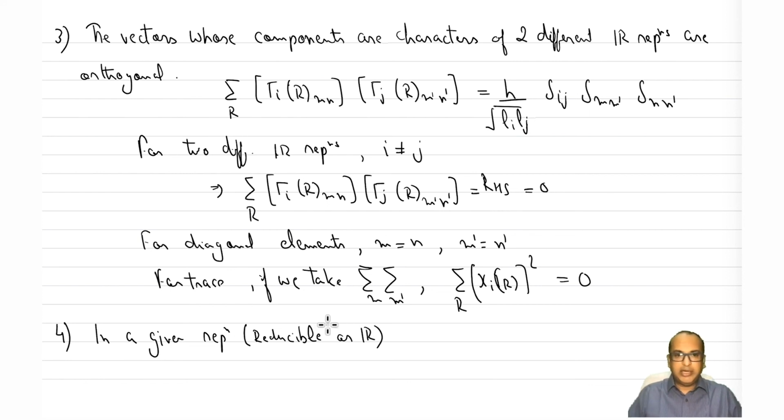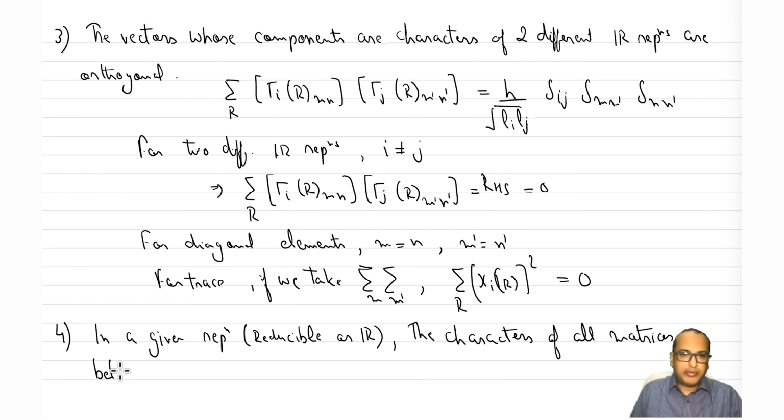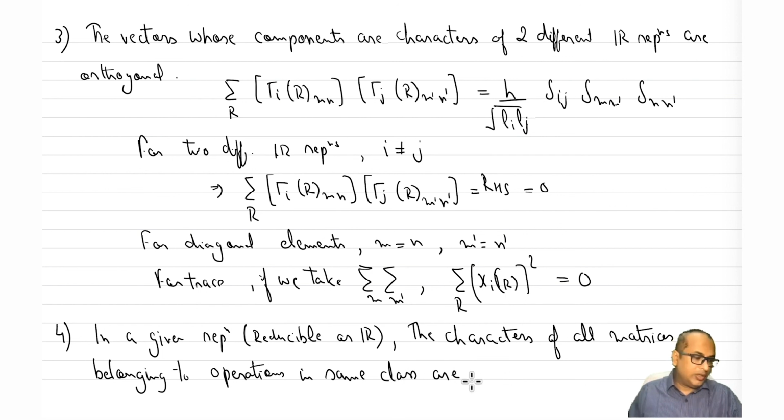So that's why it says in a given representation, the characters of all matrices belonging to operations in the same class are identical, right? So what I'm saying is, in a given representation, the characters of all matrices belonging to operations in the same